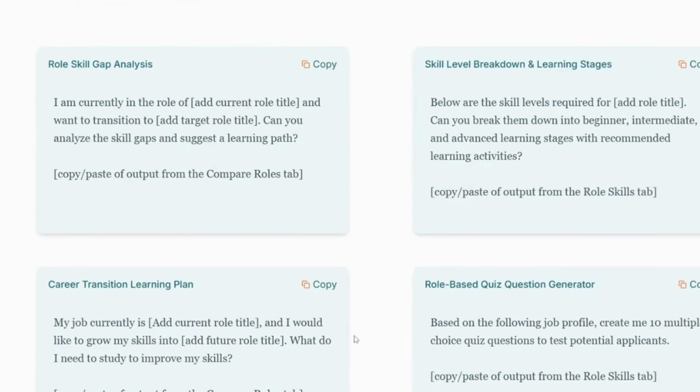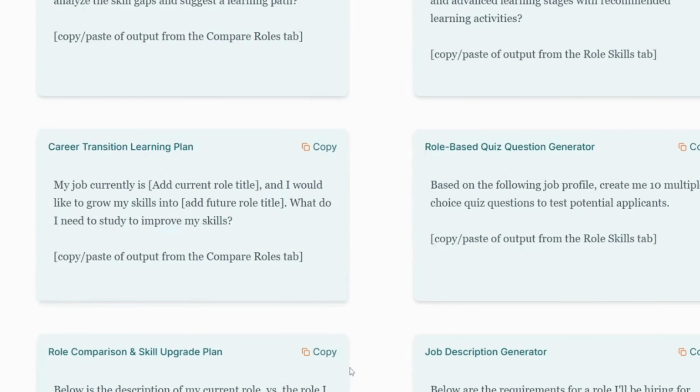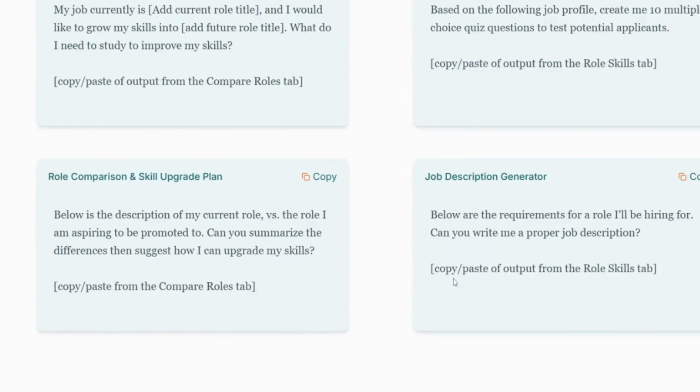So you can see these are just basic, helpful starting points, like a prompt. Another good one here is a role-based quiz question generator. Let's say you were hiring someone for a PACS admin level 1. You could put in the job description of all the different knowledge and skill sets, pop that in there, and then get back a bunch of skill testing questions to assess that person's knowledge within each of those areas, or generate a starting job description, that kind of thing.